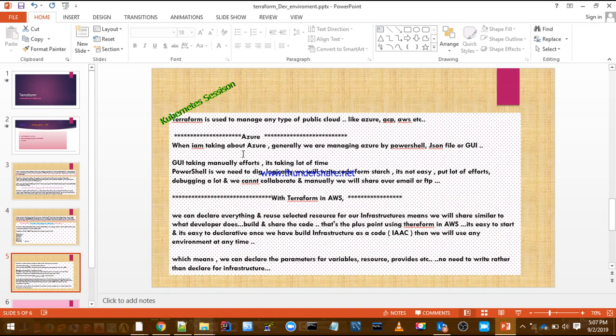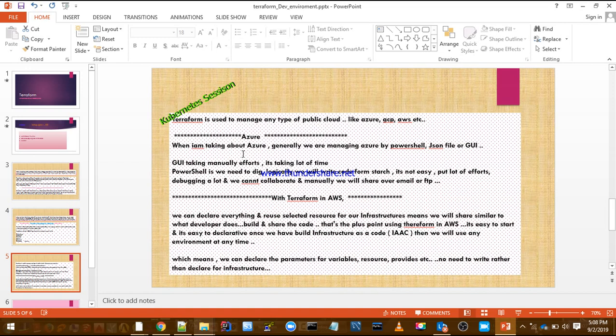Among them, I'm going to talk about a competitor cloud to AWS, that is Azure. When I'm talking about Azure, generally we manage Azure using three things. One is PowerShell. The second is JSON files. The third is the GUI.